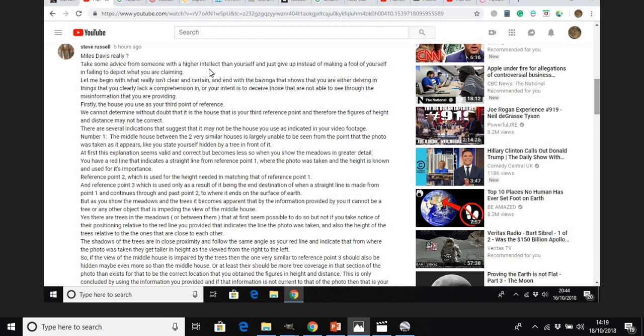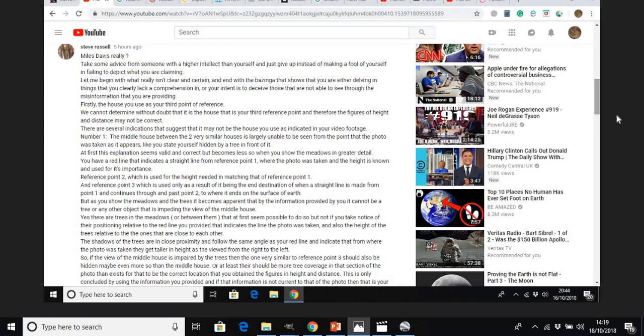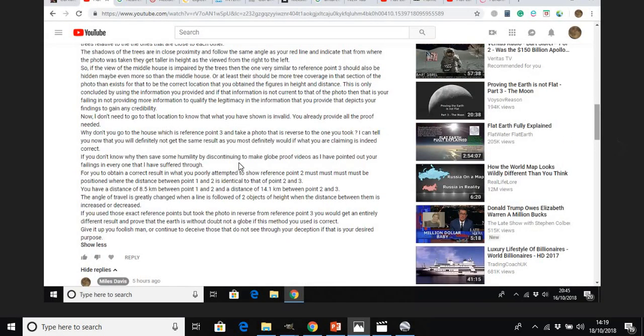So he makes essentially 2 points. The first point is that I haven't correctly identified this house here. The second point he makes later on in the comment is that for me to obtain a correct result in what I poorly attempted to show, point 2 must be positioned